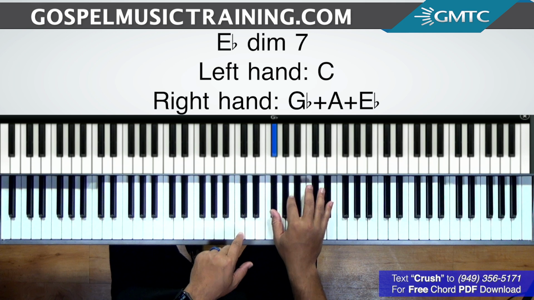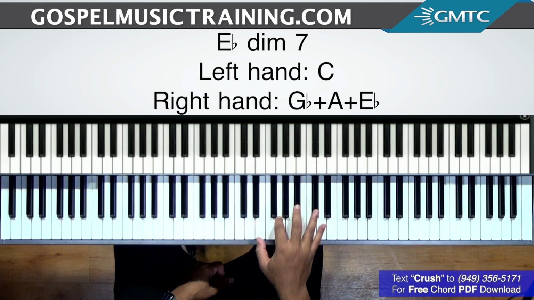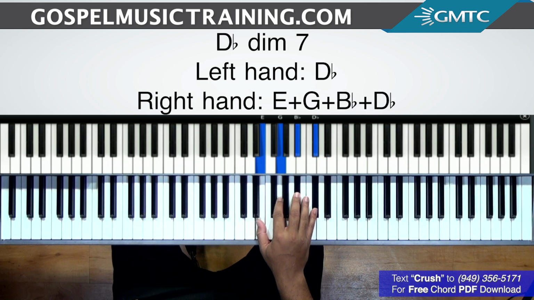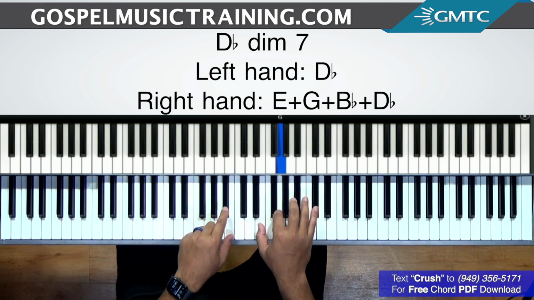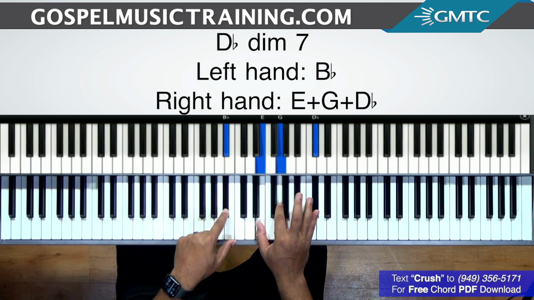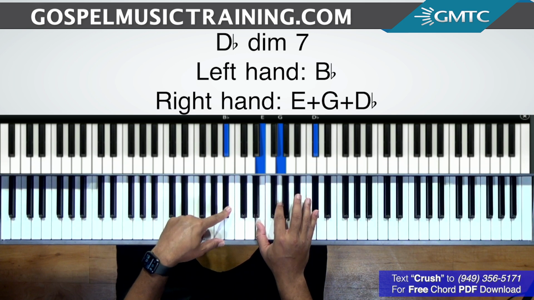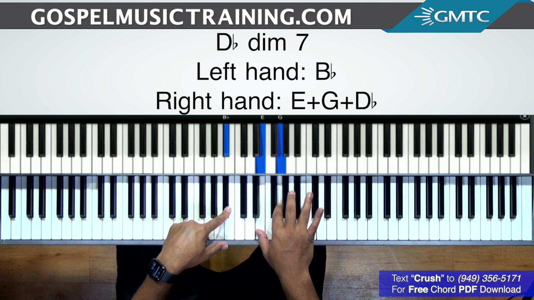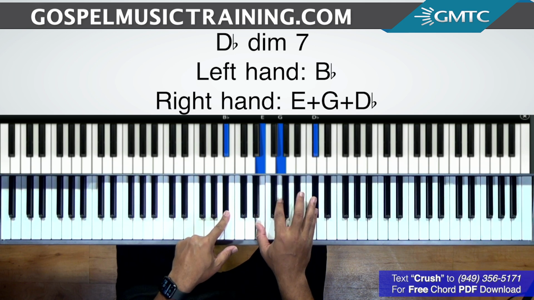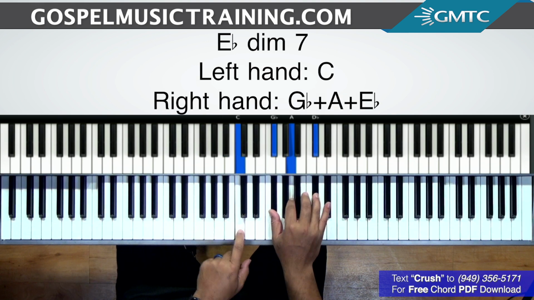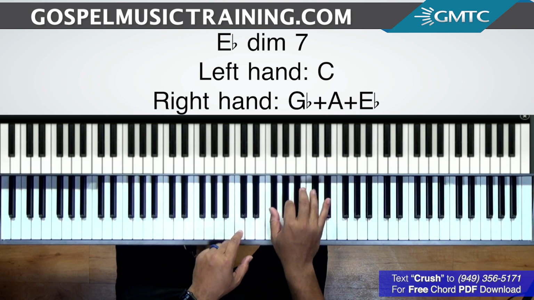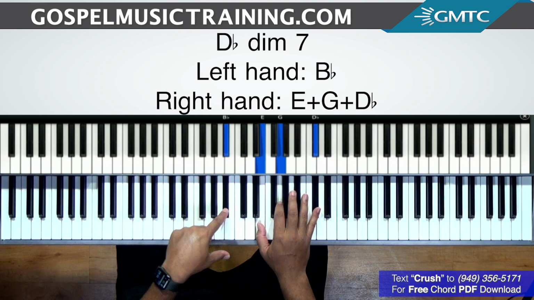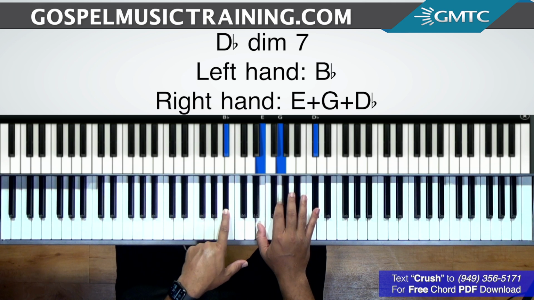Okay? So then even with this D flat diminished 7, we're gonna take the second to highest note and drop that down to our left hand. Okay? So now this is what we have: B flat in the left hand, E, G, and D flat. So this is a drop 2 voicing of a D flat diminished 7. So this is the first one, and I'm sliding up to the E flat. That gives it more flair. Okay? And now the next chord,